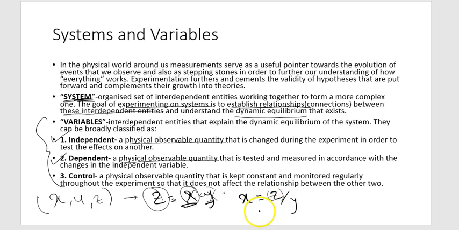All right. To illustrate the importance of relationships between variables. And it also helps us visualize what kind of graphical relationship the variables themselves might have between themselves. So independent, dependent, control, three kinds of variables that are of paramount importance when we are looking at a system and trying to do some experimentation in order to build relationships between these interdependent variables so that the changes within the system can be understood better.